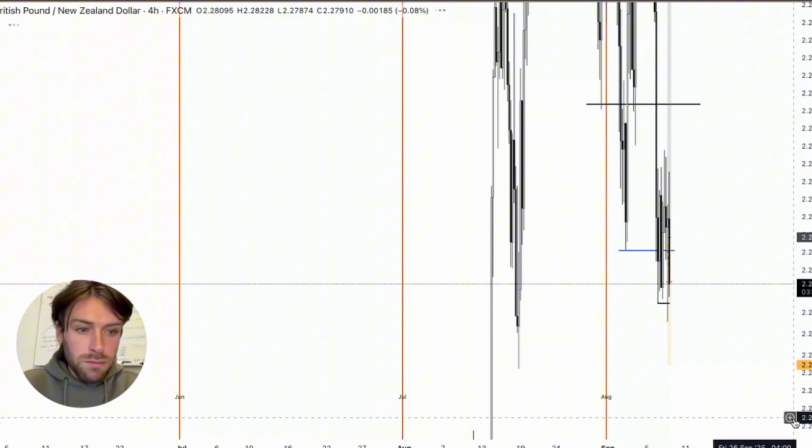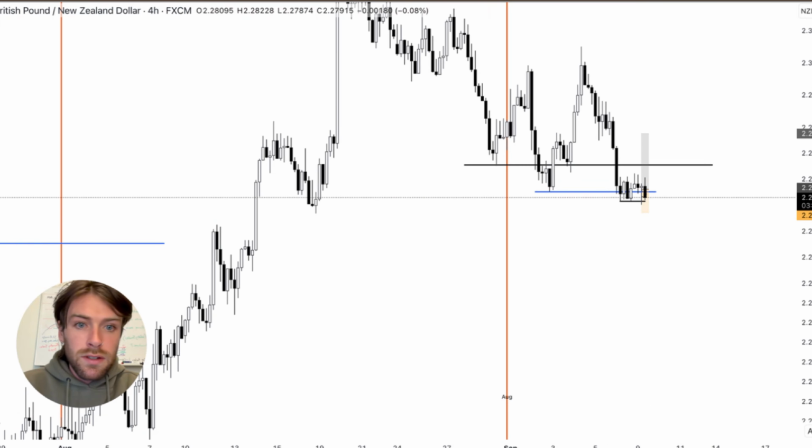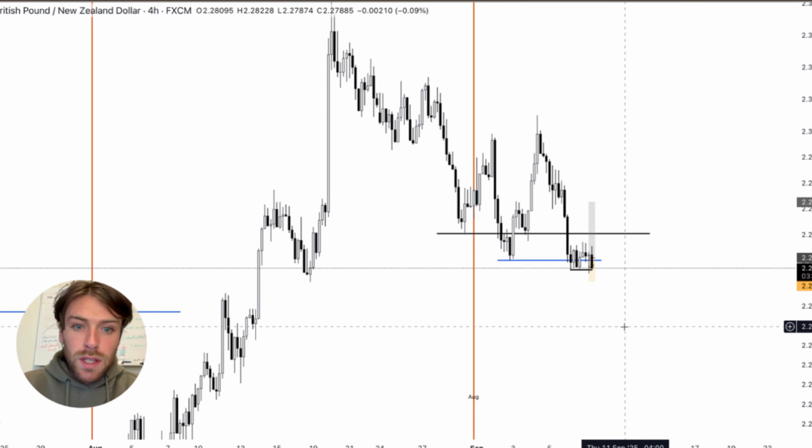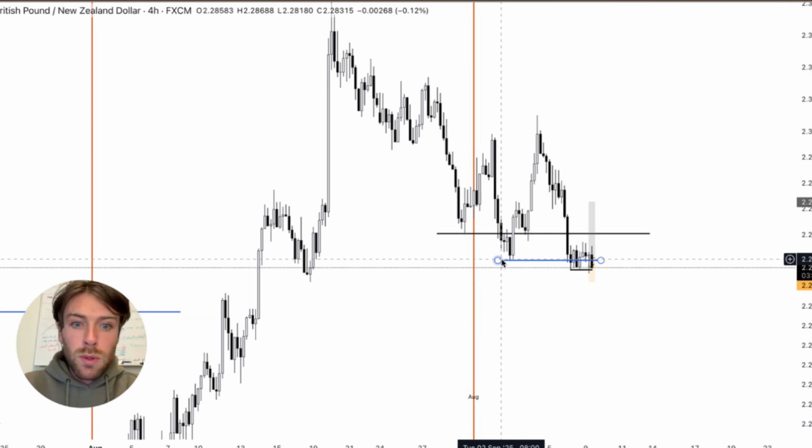So same principles, just this one has an extra piece of data, which is the monthly extreme. So again, if we're looking at the range, where are we in the range? Are we up high or are we down low? We can clearly see that if this is the range here,